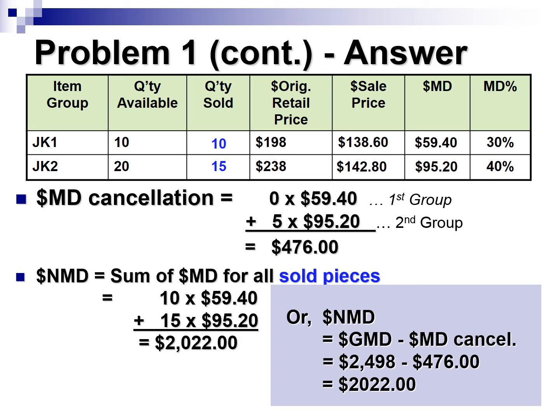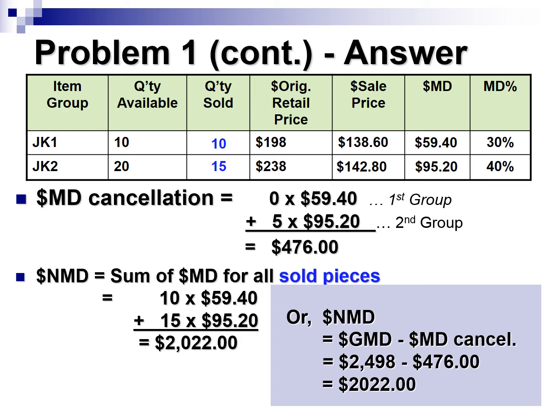So you subtract unsold from sold plus unsold, what's left is sold pieces. So you can think about it in either way. You just do the summation of dollar markdown of all sold pieces to begin with. That will be your net markdown. Or if you happen to already have calculated gross markdown and markdown cancellation, then utilize these two numbers to calculate